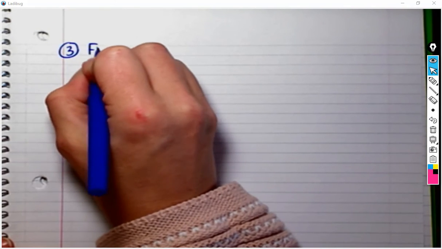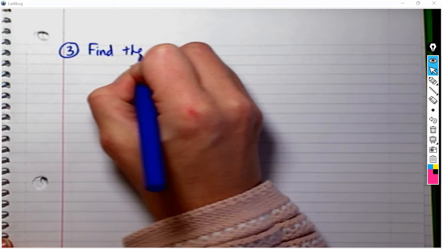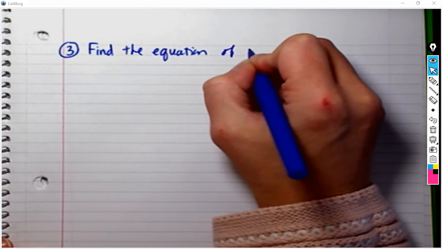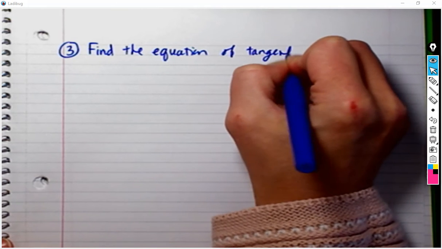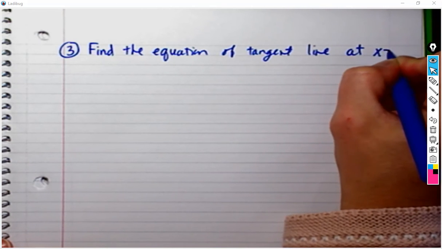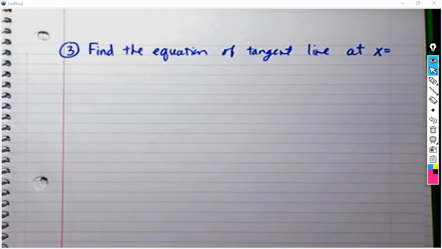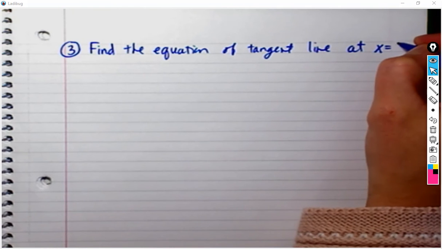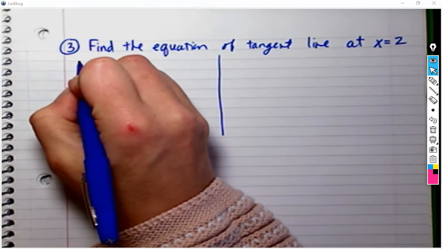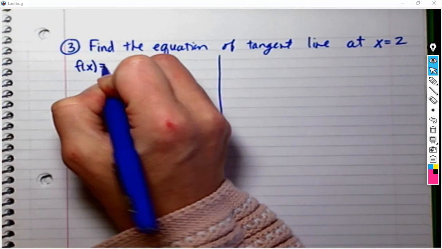Find the equation of tangent line at x equals 2. Sure, why not? Okay, 2 columns, and I will tell you that f of x equals